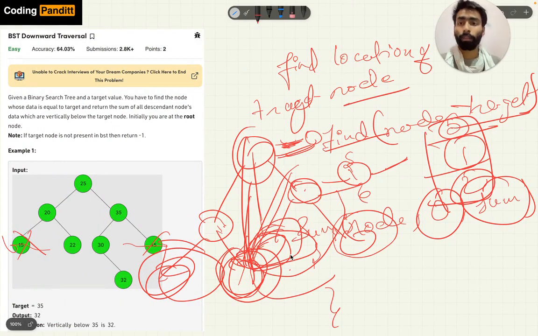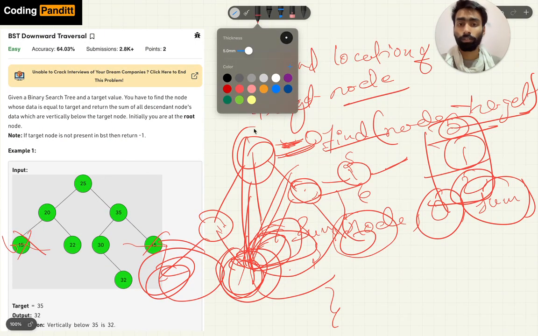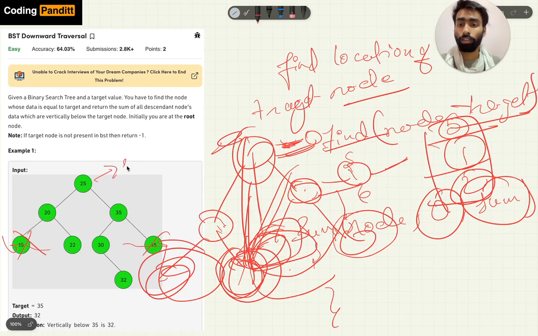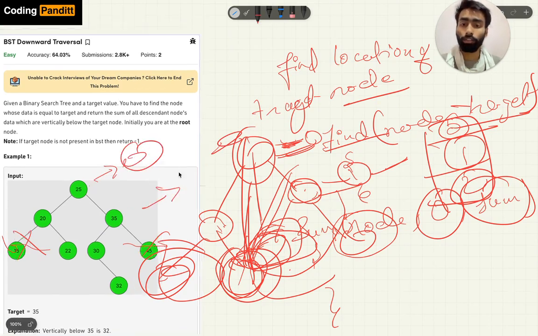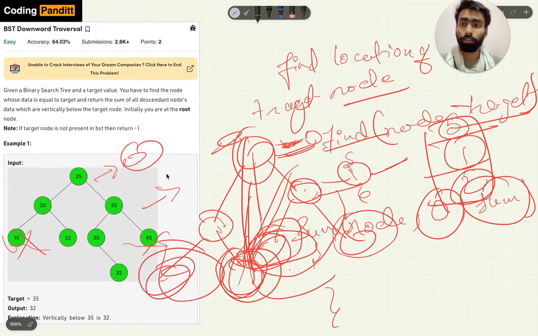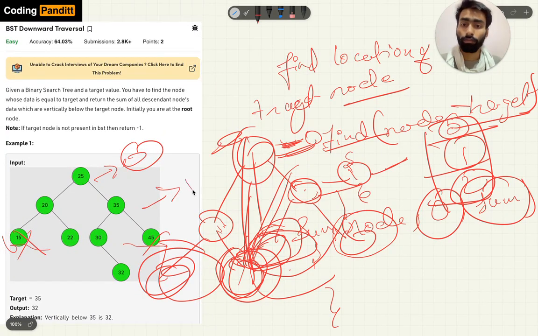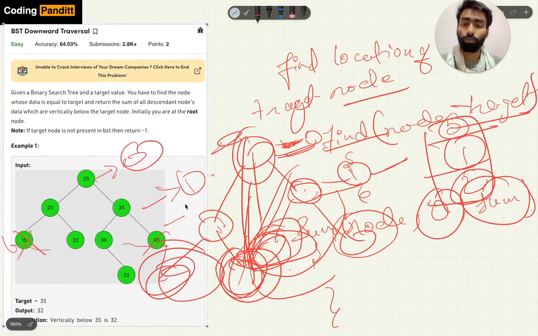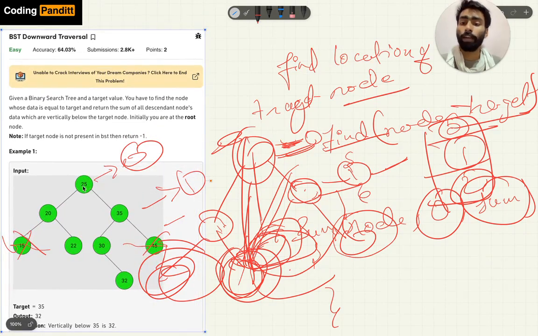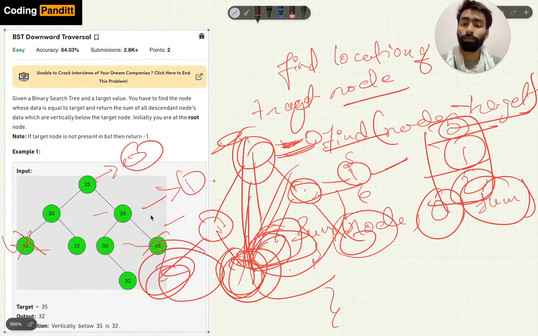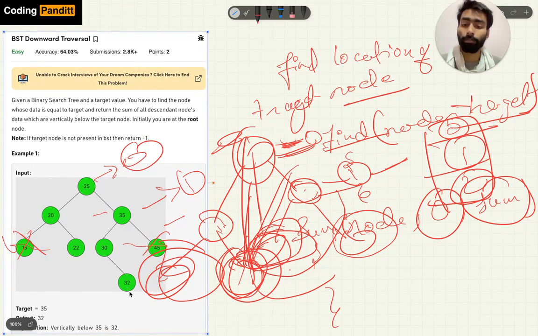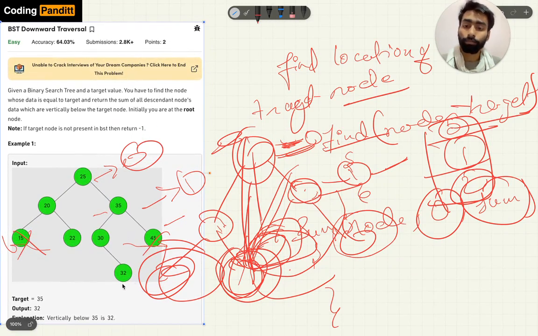In this case, the level of this node is 0, this one is 1, and this one is 2. If this node is selected as parent, then this will have 0, this will have 1, this will have 0, this will have 1, and this will have 2.